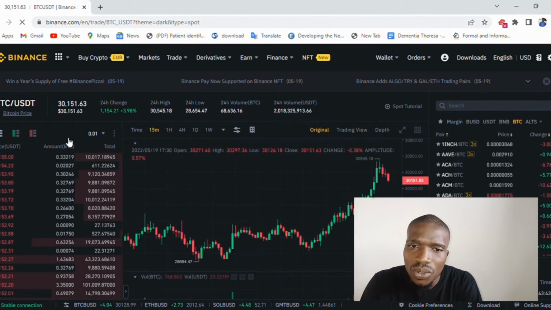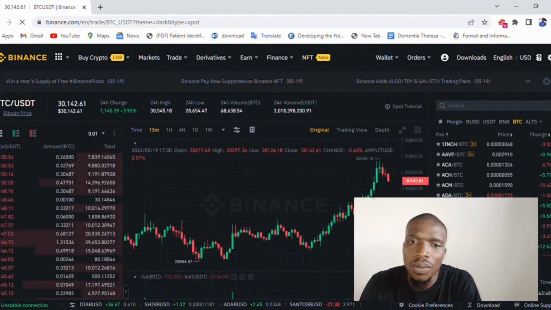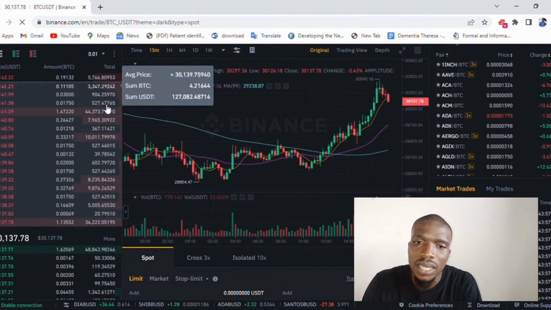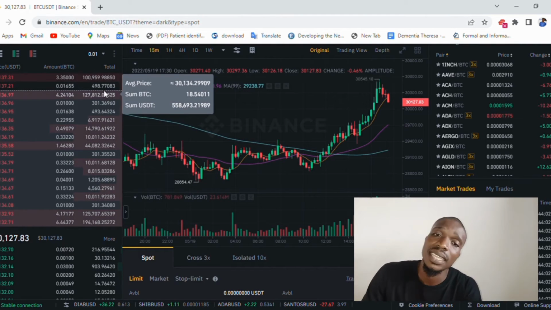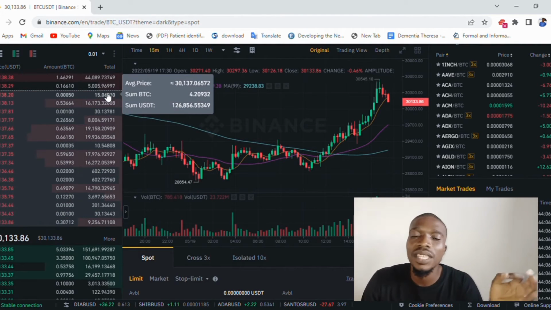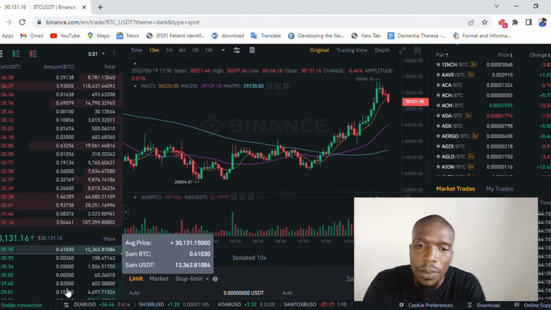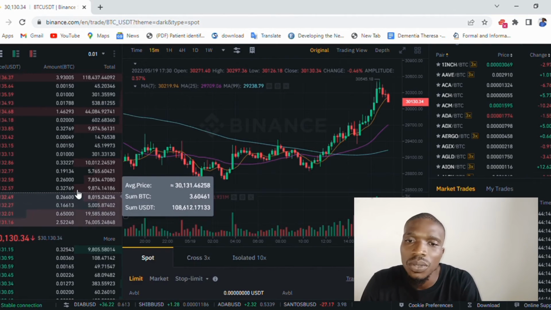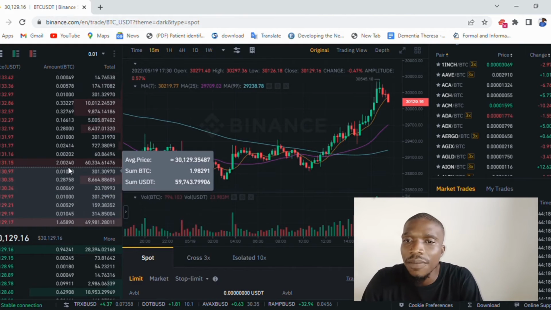So there are so many things that this interface offers you. It offers you what we call the order book, which is on your left-hand corner. It tells you about the number of persons that are placing orders. Like I said, the platform basically matches orders of people who are buying with those who are selling. So on my right hand, you find people that are buying here at different prices, trying to pull the market down or pull the market upwards in their favor.